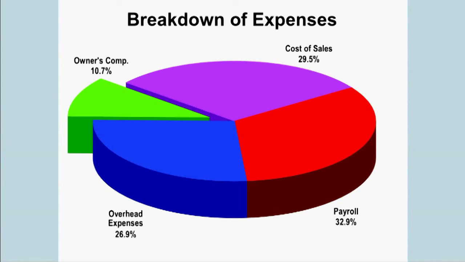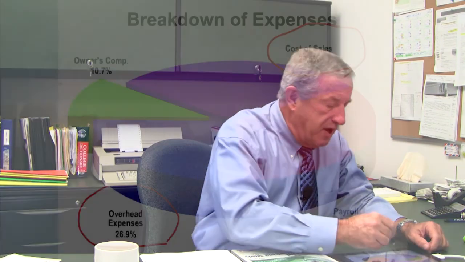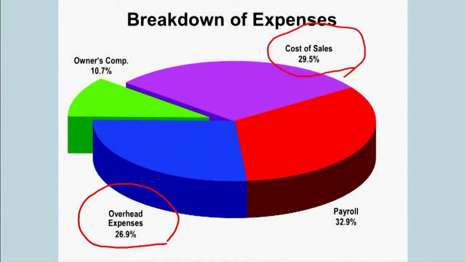We have almost every financial statement that I see breaks out cost of sales, okay? And we also break out overhead expenses. By the way, these percentages are the average percentages for the entire industry. Cost of sales happens to run about 29% across the industry. Overhead expenses average about 26.9,